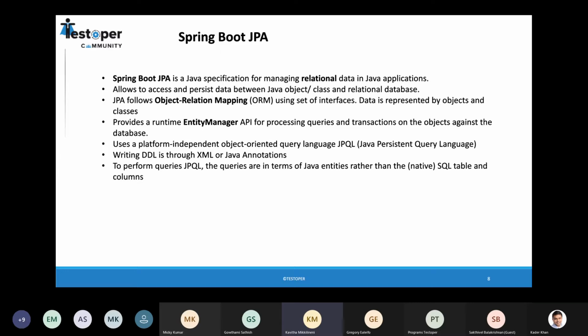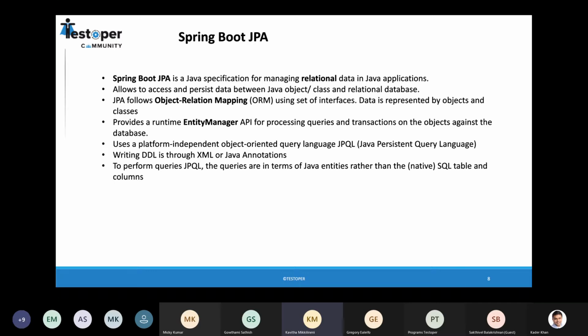In earlier days, we used to do it using JDBC, where we had to write explicit methods and queries, and it was a tedious process.